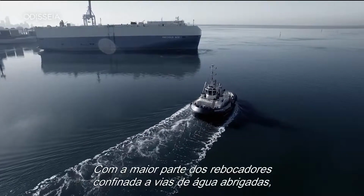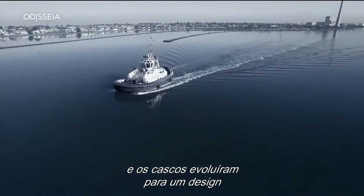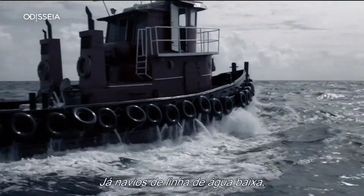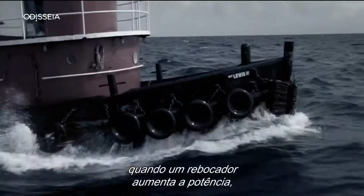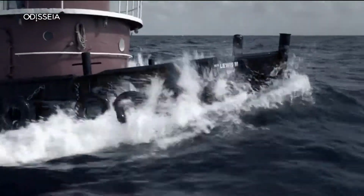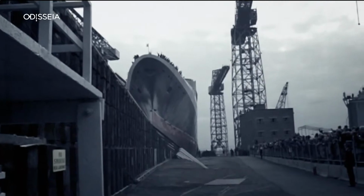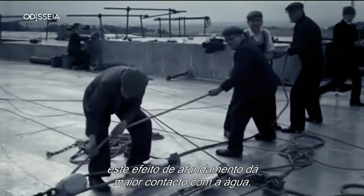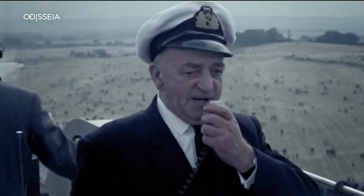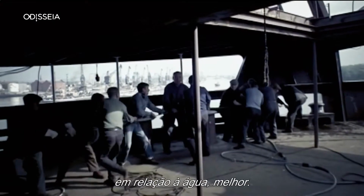With most tugs confined to sheltered waterways, seafaring is not a priority, and their hulls have evolved a heavy displacement design to suit their purpose. Already low-riding vessels, when a tugboat powers up, its hull sinks even further into the trough of its own wake. In the exact opposite of a hydrofoil, this sinking effect provides more contact with the water. More contact means more friction, and when shoving oversized ships around, the more resistance a tugboat has against the water,